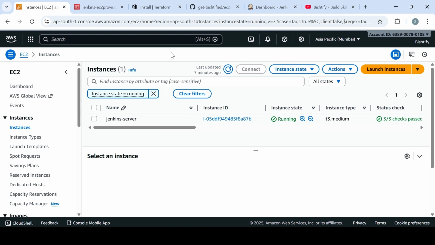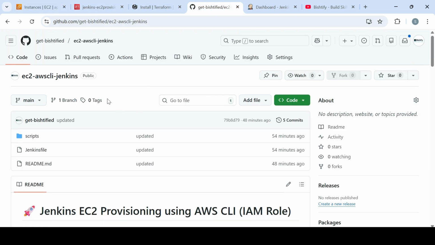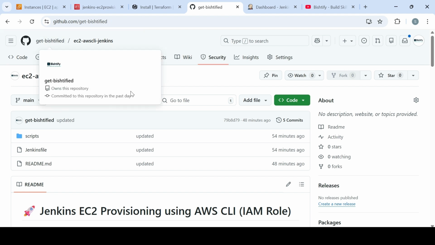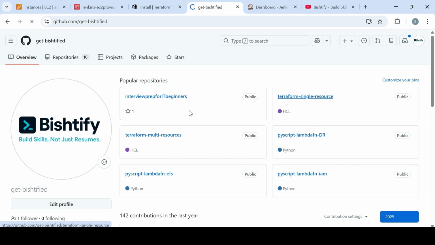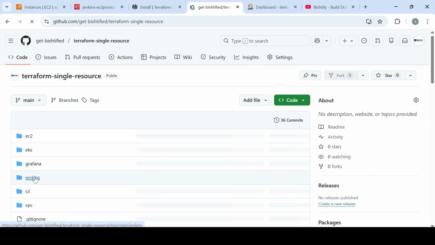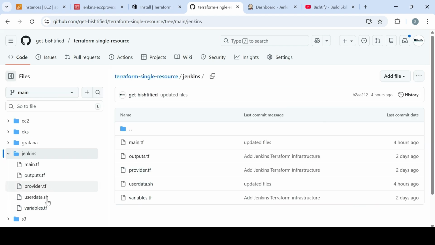I have made it easier for you. So if you go back to Get Bustified and you visit single resource, Terraform single resource, right? And if you see here, Jenkins, this is the module. You can run the Terraform manually. I hope you are aware of how to do it. Manually, you can run it from VS Code, and once your apply is successful, you would be able to see